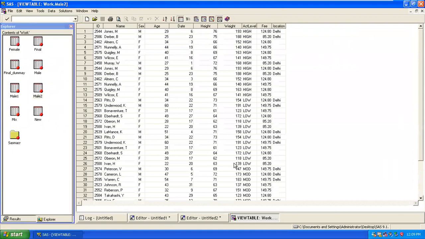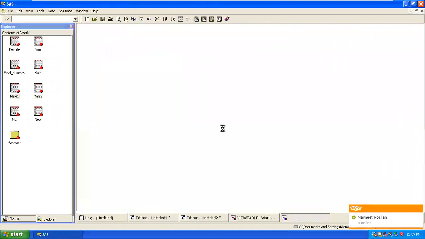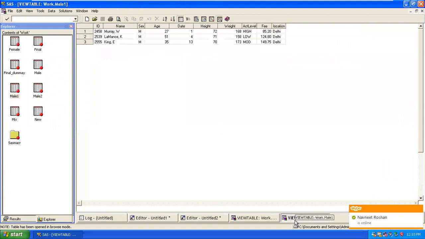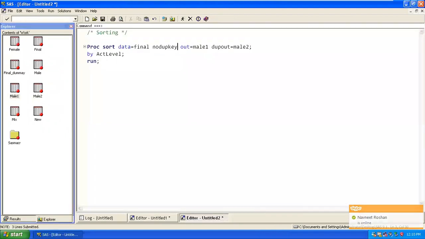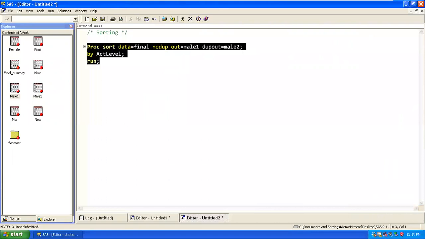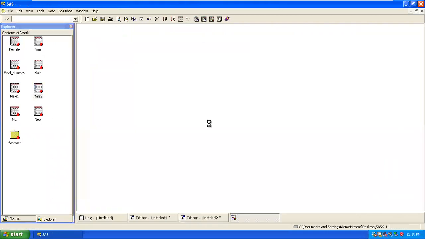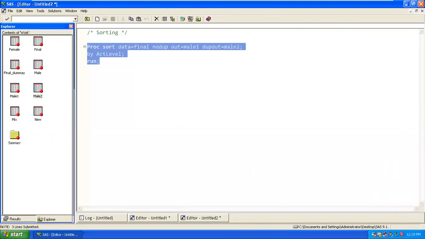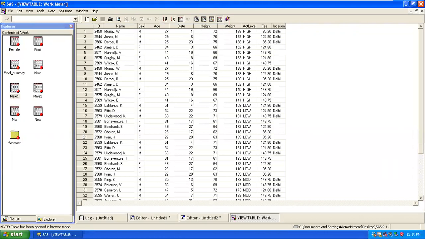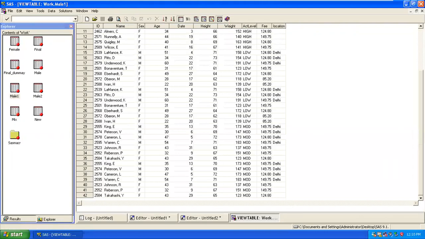Getting it? And in mail1, you have only the unique ones. The same you can apply with your NODUPKEY, NODUP also. If you want the duplicates to be output, and you execute it, in mail2 you'll be getting the number of records as 0. It means there are no duplicates. So these are unique.